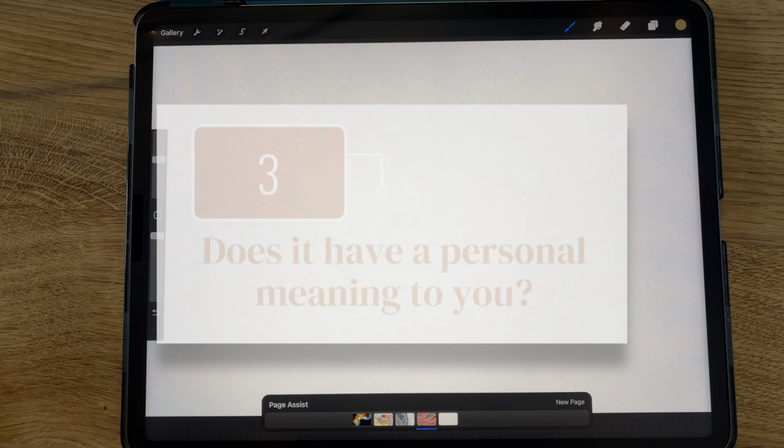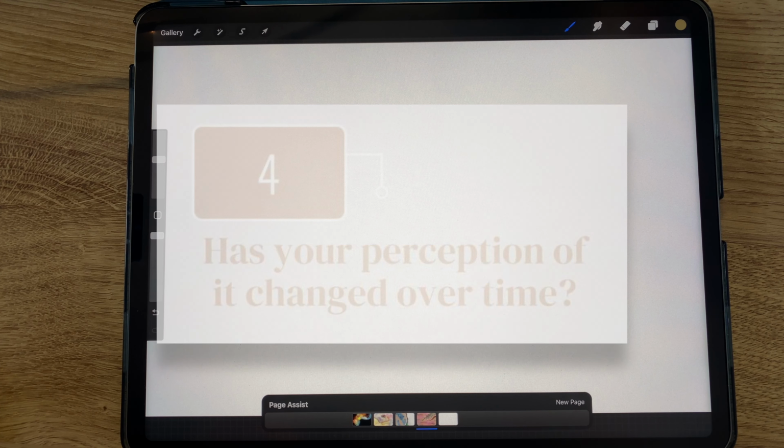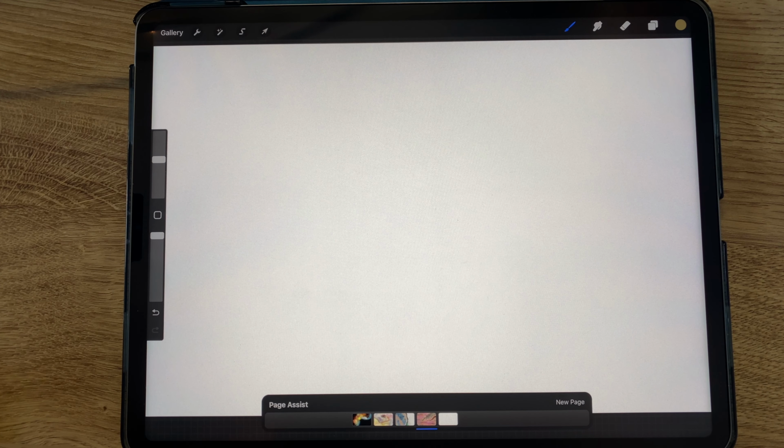In particular, does it have a special personal meaning to you? And if so, why? Be thinking about these questions when you pick your own song. And also, has your perception of this song changed since you first heard it? That's something that can make you think about experiences in your past and use that to fuel your art. Having considered all these questions about this particular song, I've got the lyrics in front of me,